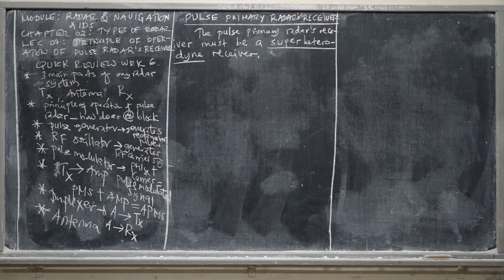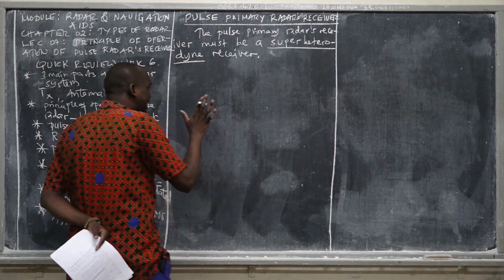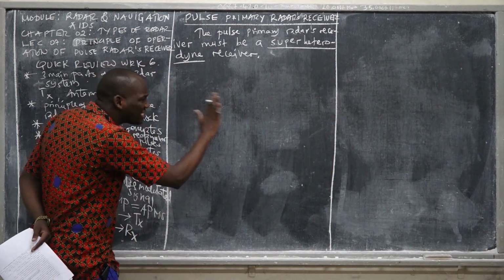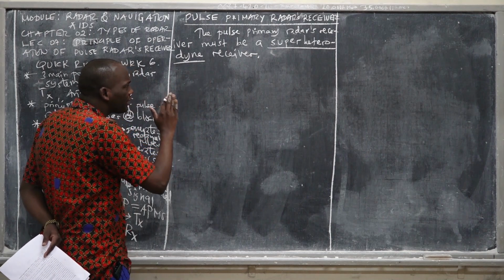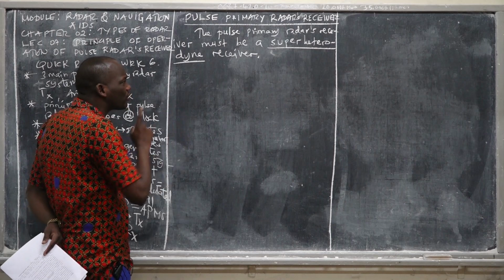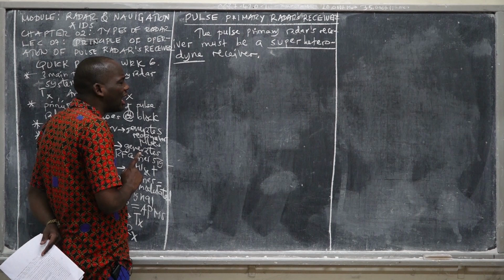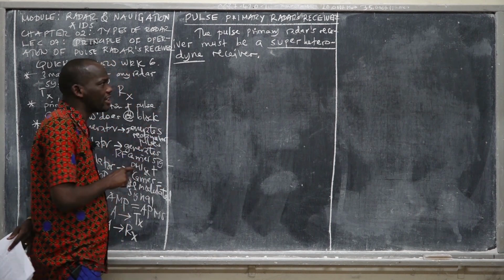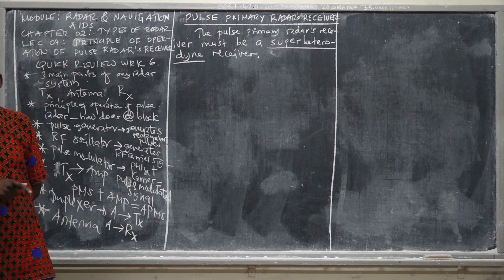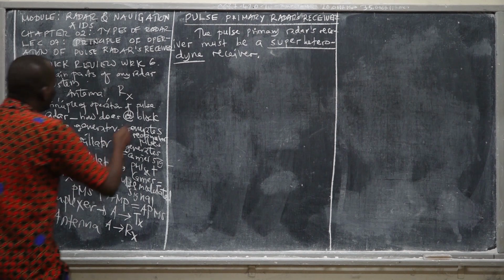So this is the new vocabulary. Whenever you encounter any new vocabulary, don't move forward with the radar receiver. First, try to understand, because this is a very important keyword. The radar receiver must be a superheterodyne receiver. If you understand the superheterodyne receiver, then you have a clear and big picture of the pulse primary radar receiver before you move to the next concept. So, ladies and gentlemen,